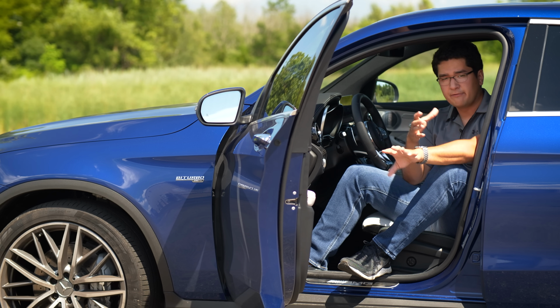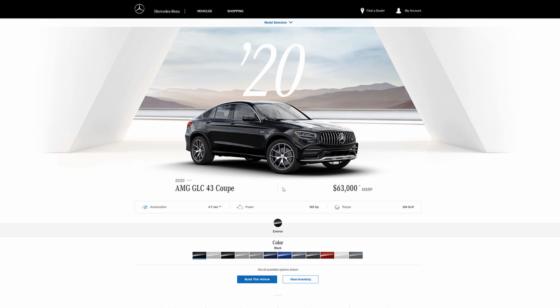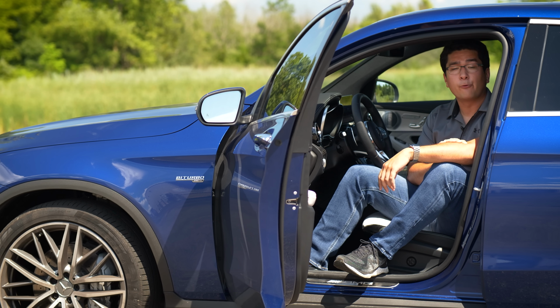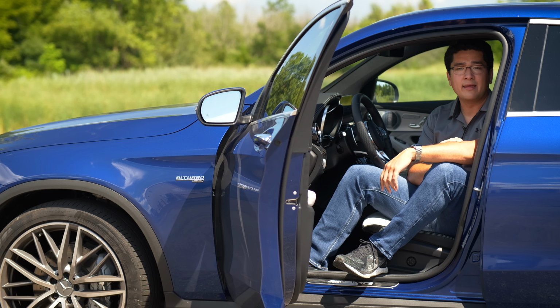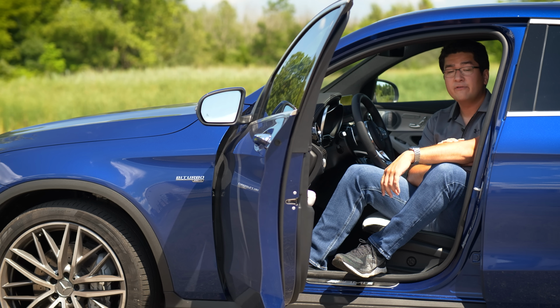So on the cheap end of the scale, you have the GLB and GLA. They are both 4-cylinder CUVs. Then you have this GLC, which comes in both coupe and regular SUV body styles. It starts off with a 4-cylinder, and Mark's done a video on that car already. Then you have this turbocharged 6-cylinder in the 43 model. Then you have the real McCoy, the twin-turbo V8, which comes in the AMG 63S variant. Then you have